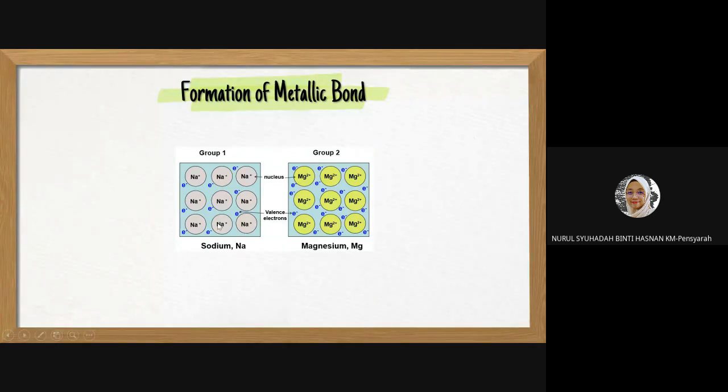Jadi kalau soalan dalam exam minta describe the formation of metallic bond in sodium. Okay, jadi apa yang awak akan tulis? Okay, so first you will draw the diagram over here. Jadi diagram dekat sini paling tak, awak akan lukis 4 sodium nukleus, paling minimum